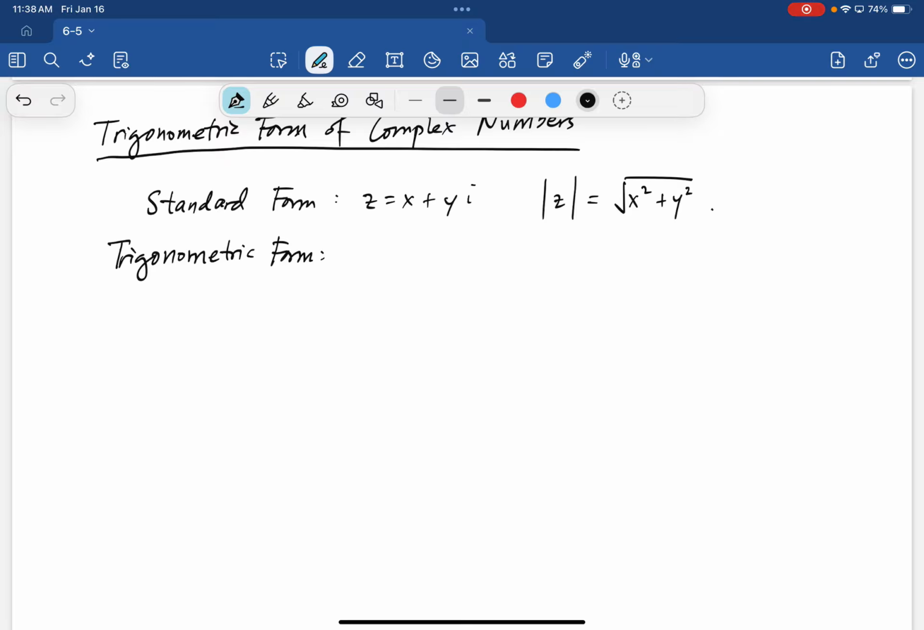My handwriting is really good today. I mean, it's like pretty, you know. Anyways,